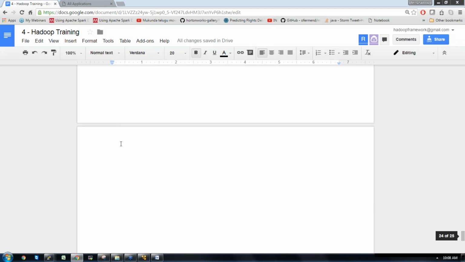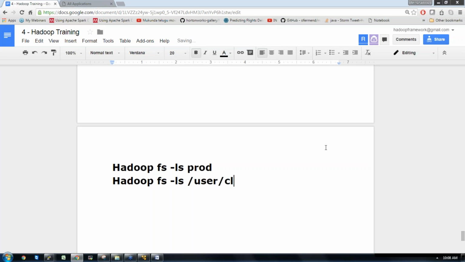Now, to access this, we have different ways. Suppose I generally want to list the files. So I write hadoop fs -ls, and it will list the files from HDFS. To list the files from a specific directory, I wrote prod, right? It is similar to hadoop fs -ls, where the default location is /user/cloudera/prod. By default it takes /user/cloudera, so we don't write /user/cloudera, we just write prod. So both are the same, but you can see here actually the